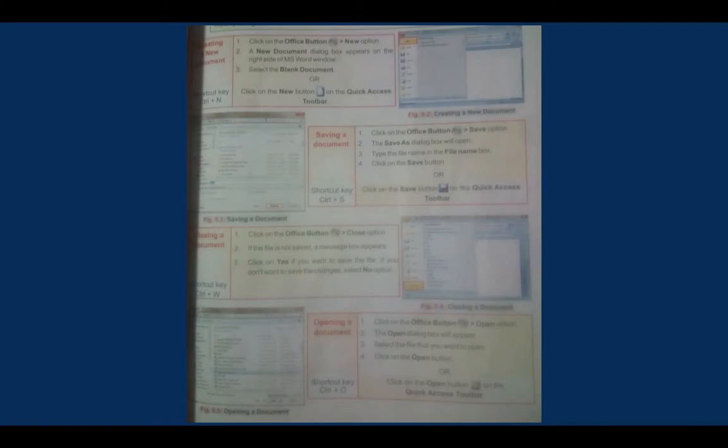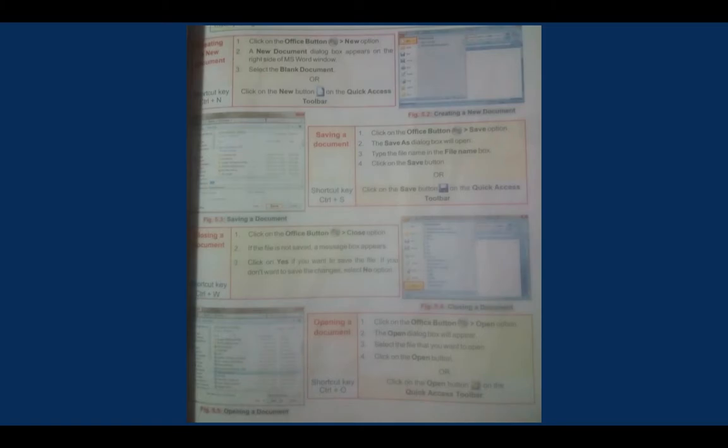But if you do Save As, then the previous file will also be there, and a new file with the name you give will be created. So there will be two files if you use the Save As option. The third way is the Quick Access Toolbar again.